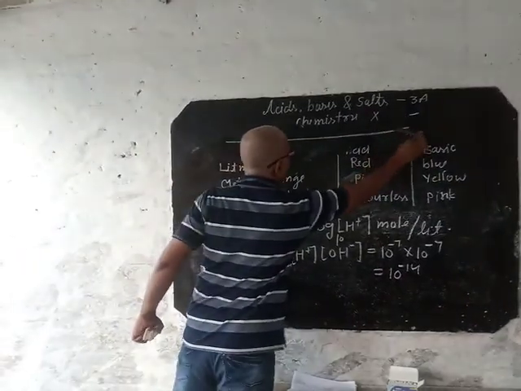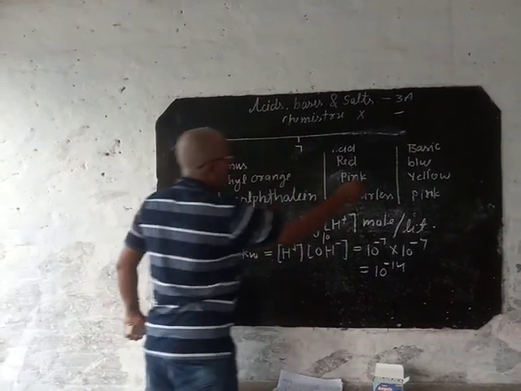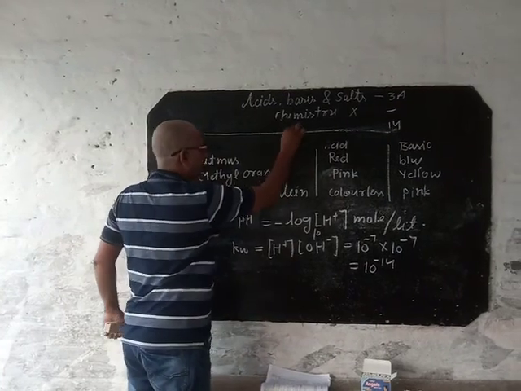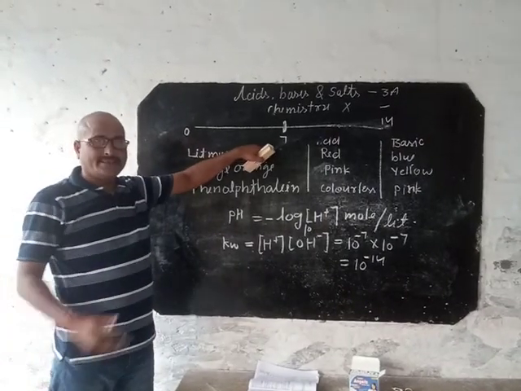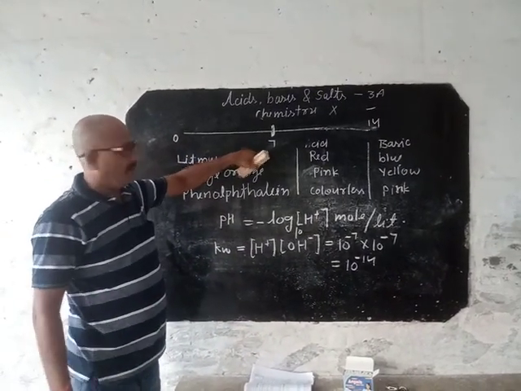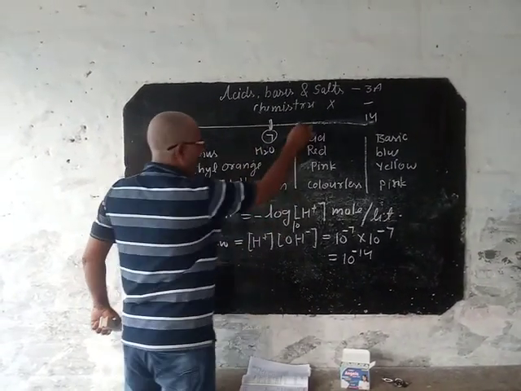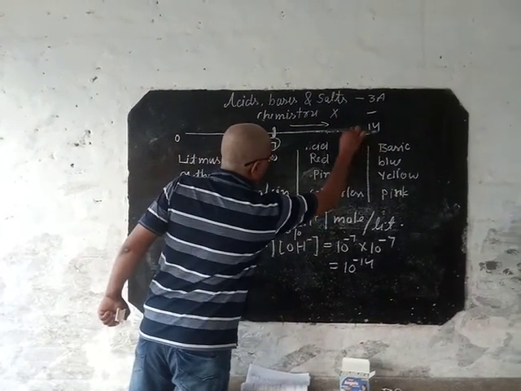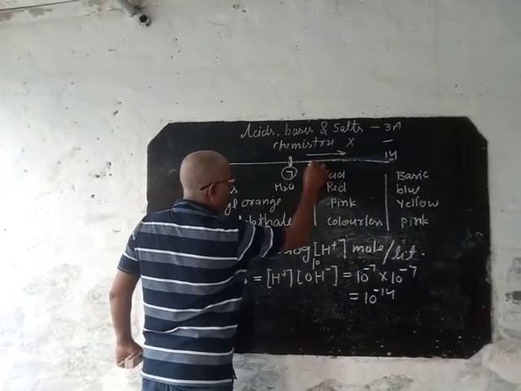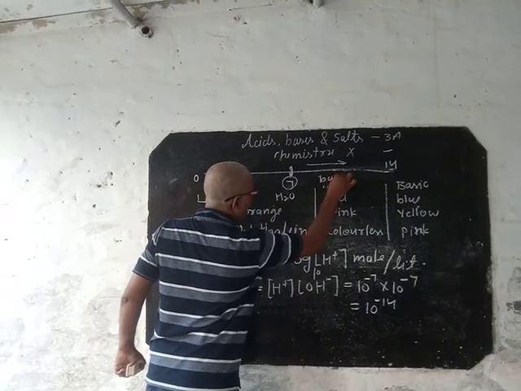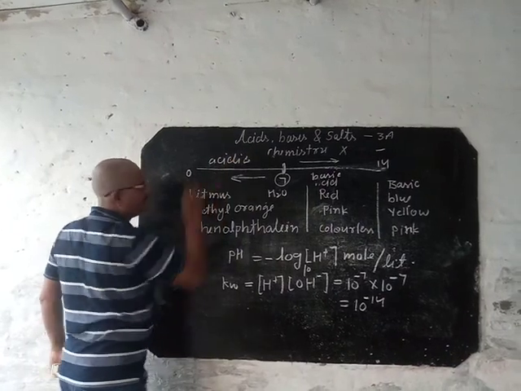This is the pH scale: 0, 7 and 14. See that 7 is the green color given in your book, that is neutral. Basically our drinking water is neutral. It means its pH is 7. Now see that if the pH value increases, it means the solution is basic or alkaline. If pH decreases, it means acidic solution.